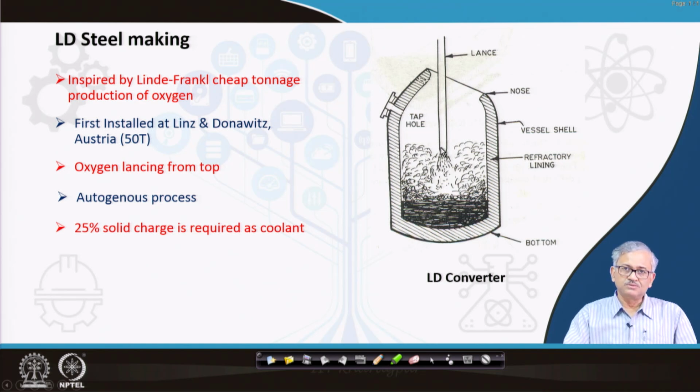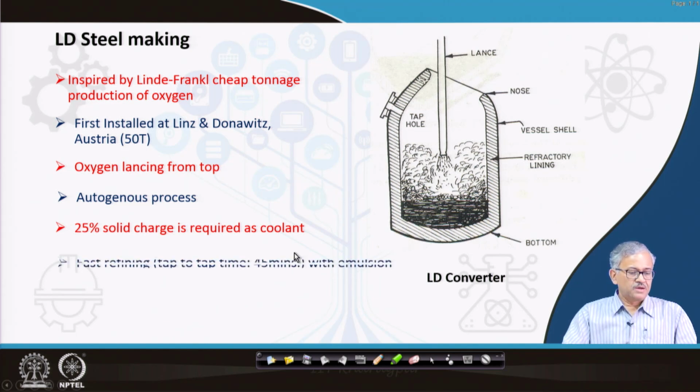Because of using oxygen, you can know that in the case of the base MR it was self-sustained, but here, since you are using pure oxygen, its partial pressure of oxygen is high, reaction kinetics is also high, and also because of emulsion formation reaction kinetics is high. So, heat generation is significant, and it is a fast refining as I said, and it takes only 45 minutes,